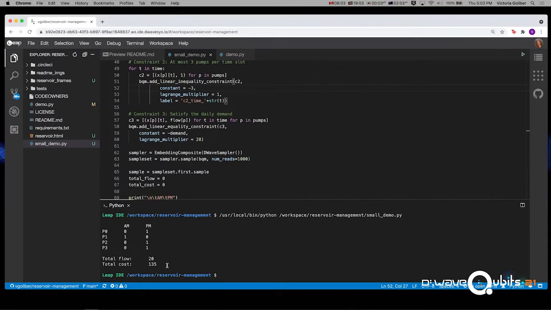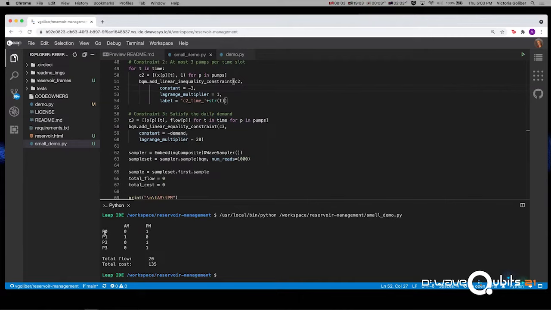So I know I told you 1,000 runs wasn't going to take a long time, and I told you in the beginning I live in Germany, and this ran on the quantum computer in Canada, in British Columbia. The solution we got back is just like that table of variables that we saw, where we have a row for each pump and a column for each time slot.